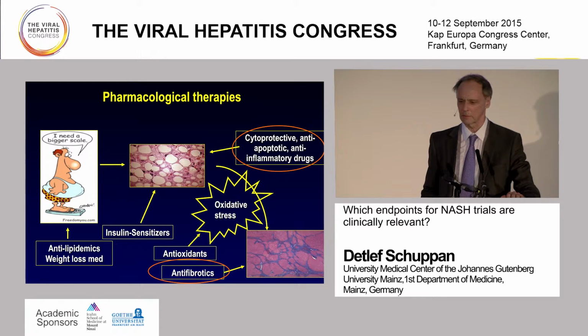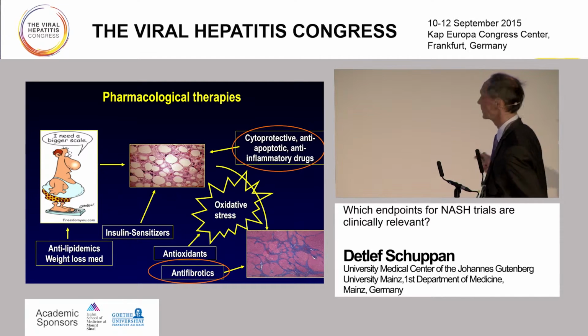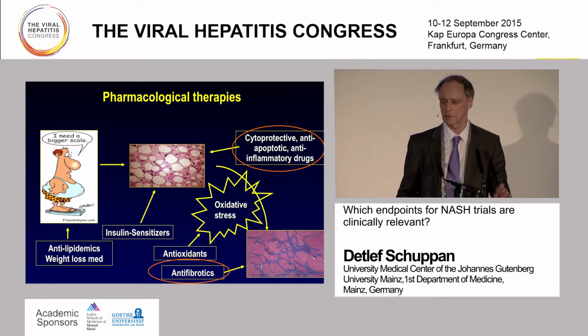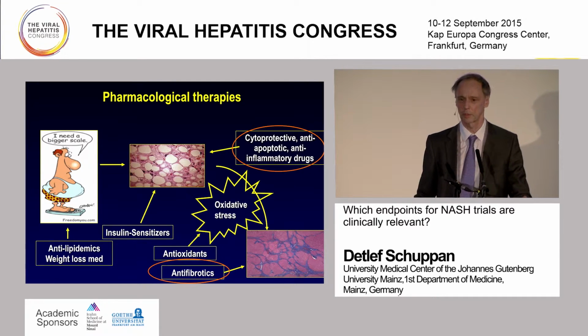And if we have just these, I think the most important drugs, at least for the liver, are here. These are antifibrotics, which have been shortly discussed, and cytoprotective anti-apoptotic drugs might have a significant role in alleviating the steatohepatitis, at least for the liver, and might have a secondary effect then on the metabolic syndrome.